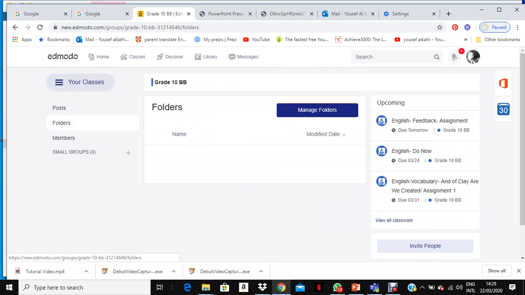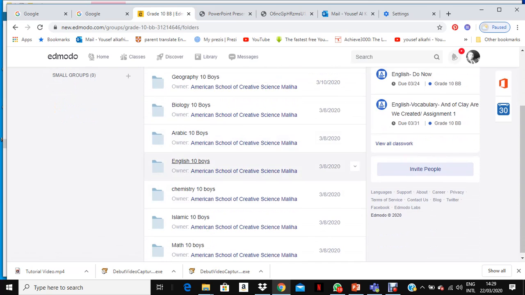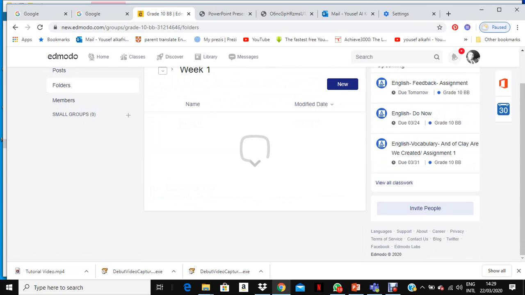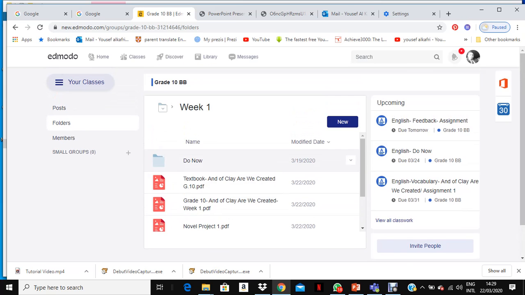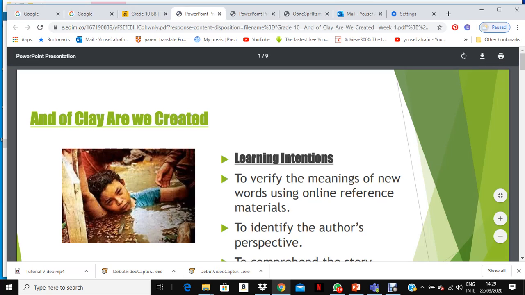Okay, first go to folders. In folders, go to English. We have week one, then click on here. We have the files and the materials for this week. Okay, this is the Do Now we started last Thursday. Okay, here you have the story itself. In this one actually we have a short